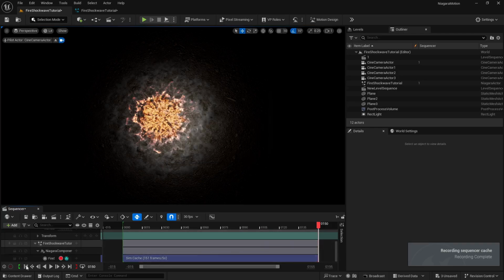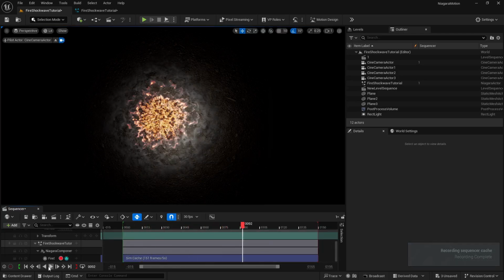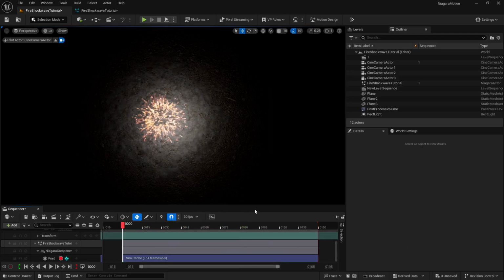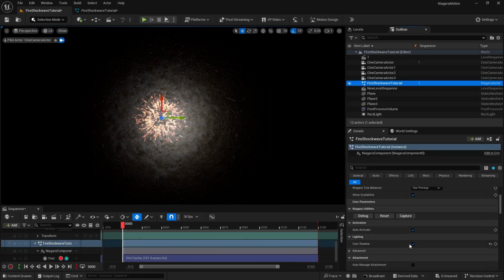And now if I go backwards here, and if I click on play, you can see basically it's looking good, but it's not looking that good. Now why is this happening? So there is a reason for this. So if I go here, you can see our auto activate is turned on, and if I turn it off, you can see it's starting from this, but it shouldn't start from here. It should start from 0.